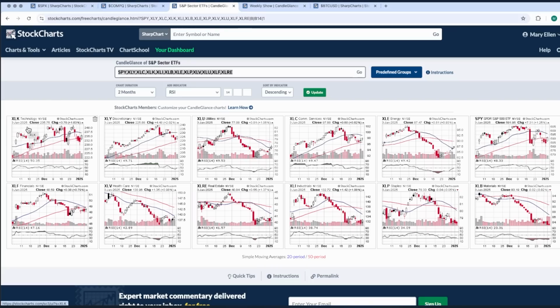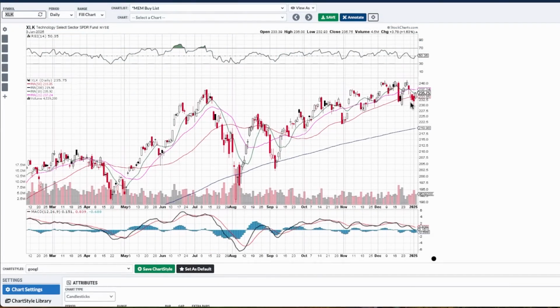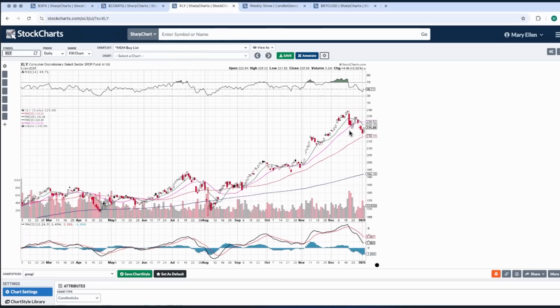Technology up here, XLK is the ticker symbol, and the group is back up above that 50-day simple moving average. A lot by way of volatility here, but generally speaking, we are poised to potentially trade higher. XLY is the consumer discretionary sector, and you can see we are poised for that RSI to turn positive here after this week's pullback. I'm also going to share with you some of the growth areas that are exhibiting pullbacks